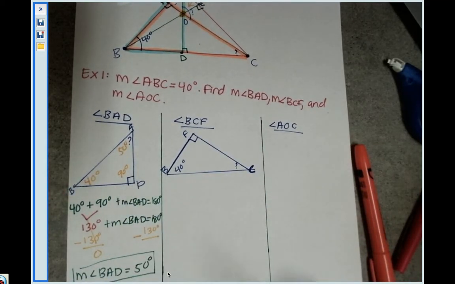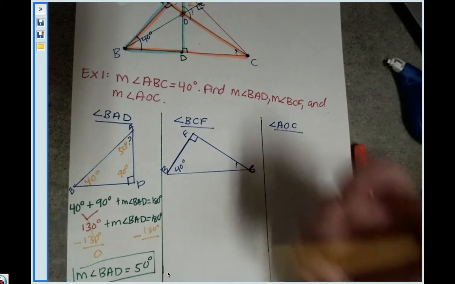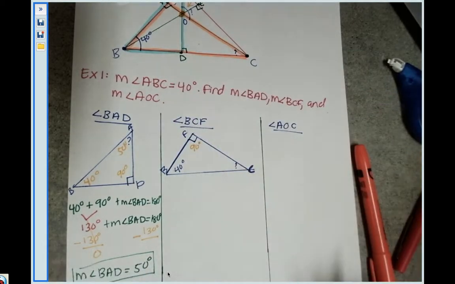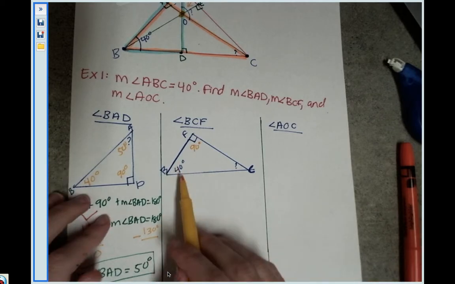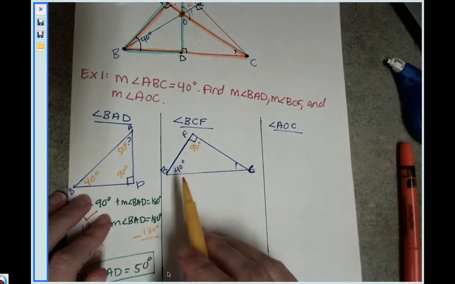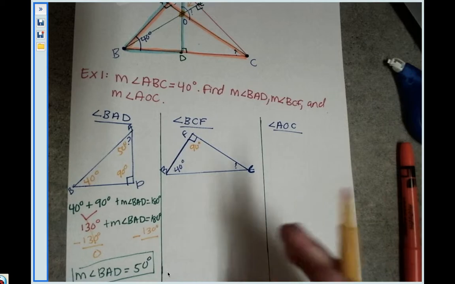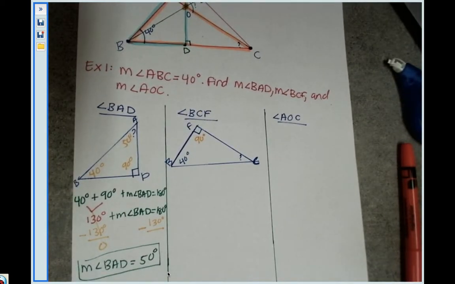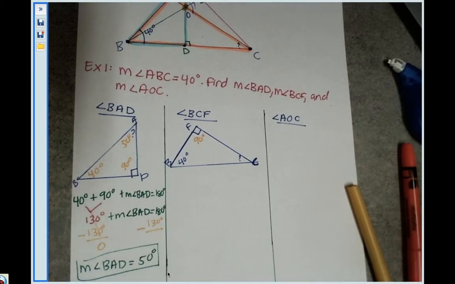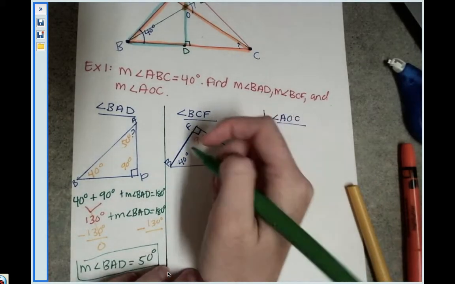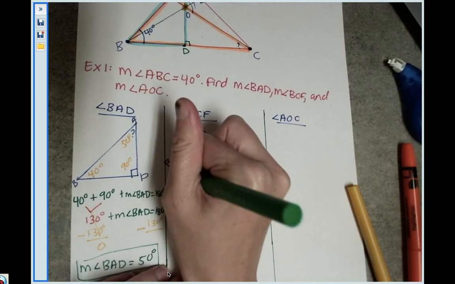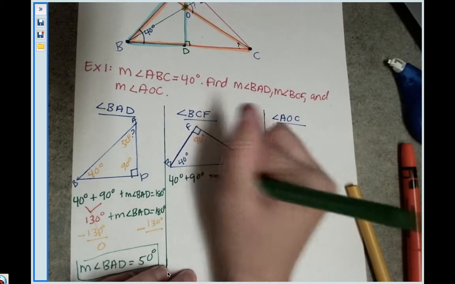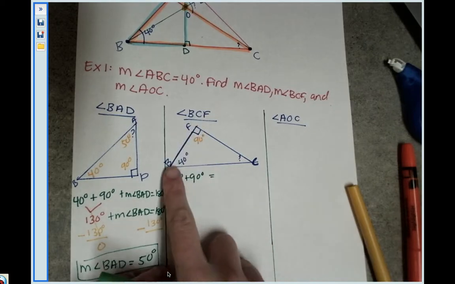So I'm going to set this up to solve. What is the degree or how many degrees are in a right angle? Oh man, you guys remembered from last time. All right, so it's 90 degrees. Okay, and then what do all the angles in a triangle add up to equal? Insane, you guys. It is 180. Guys, so I'm going to set this up real quickly, which if you'll notice, it will look very similar to what we just did. So I know that 40 degrees plus 90 degrees